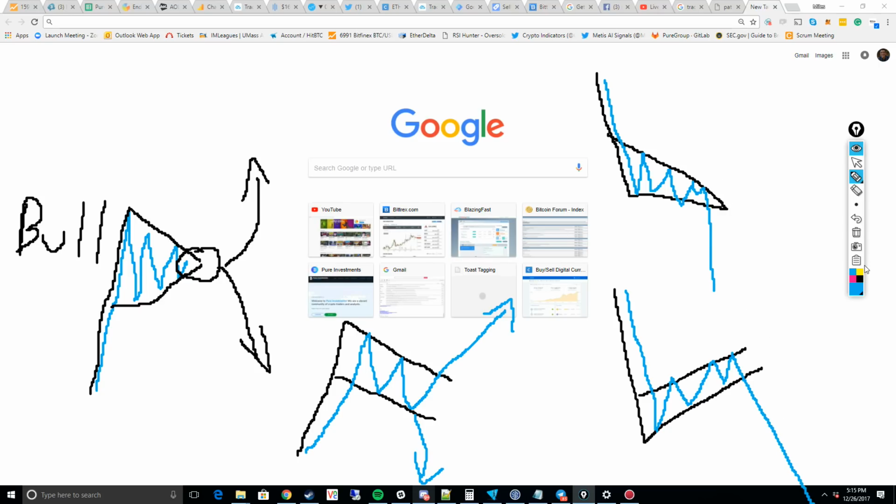So remember, these bullish indicators are always starting up. These bearish indicators tend to start downwards, but that's not always the case, because they can go the opposite way of what their name says. Okay,